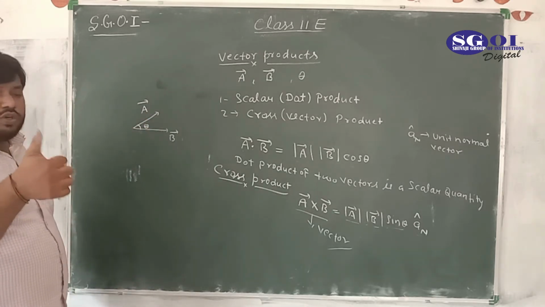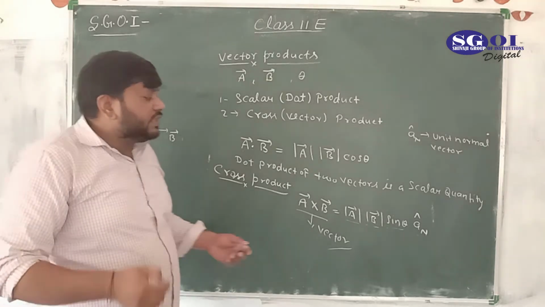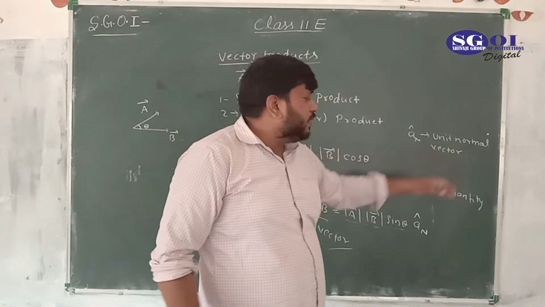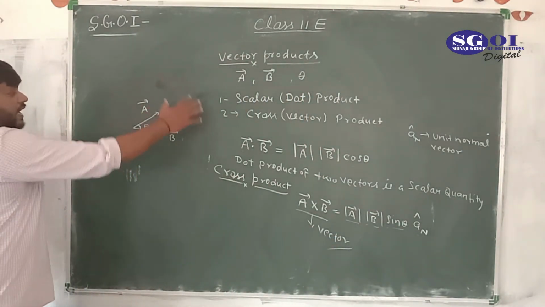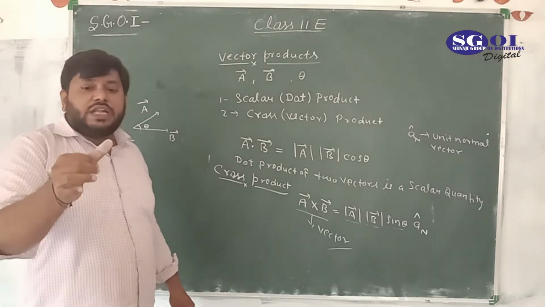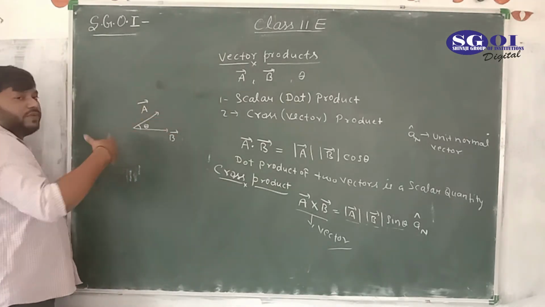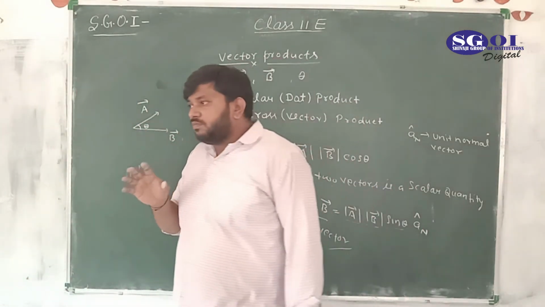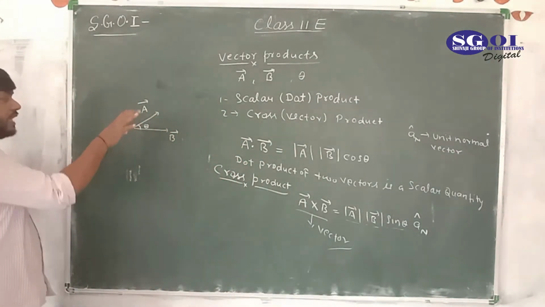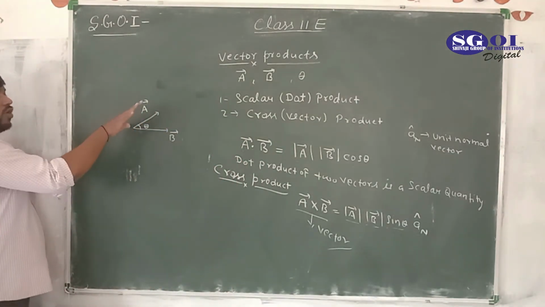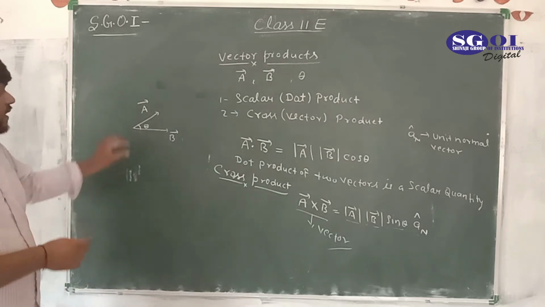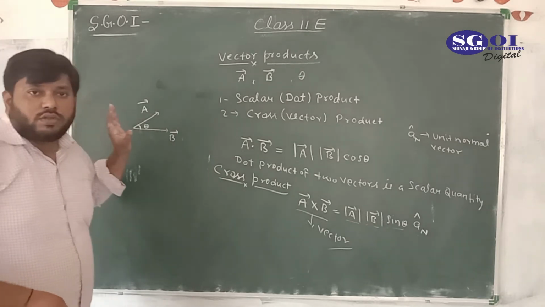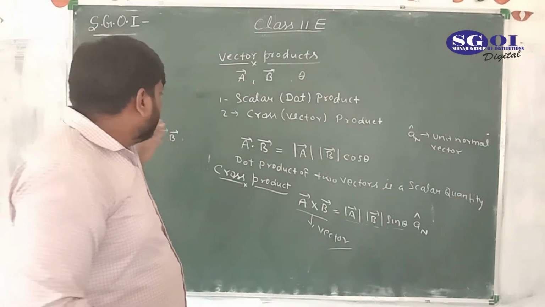So your thumb represents the direction of the normal vector. Why are we saying that this is the normal vector? Because these vectors are lying in this blackboard, which is a plane surface, and this thumb is perpendicular to the surface. And I have already told you, a perpendicular on the surface is not called simply perpendicular, it is called normal. So the direction of A cross B in this case would be inside the blackboard, perpendicularly normal to the blackboard. Okay.